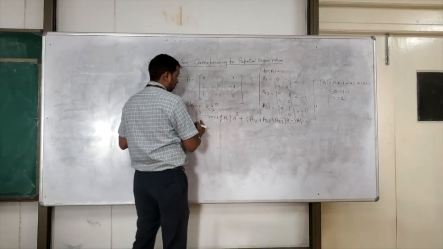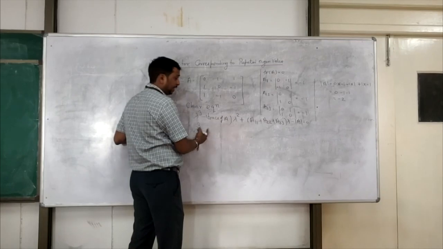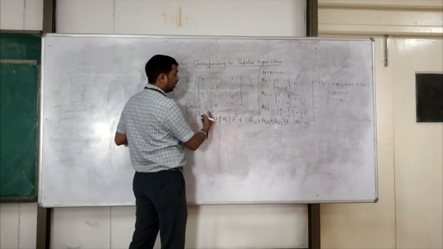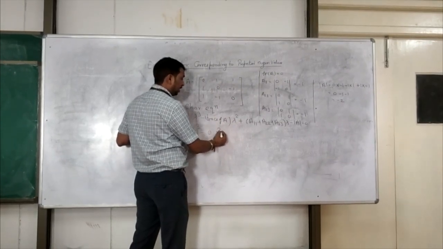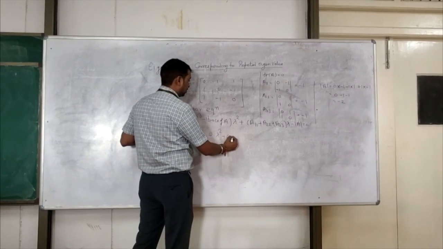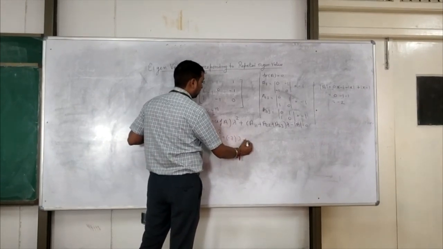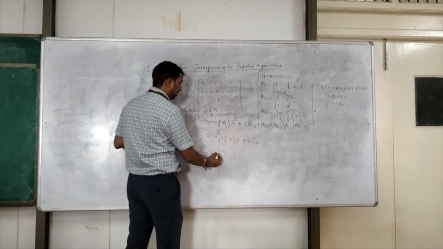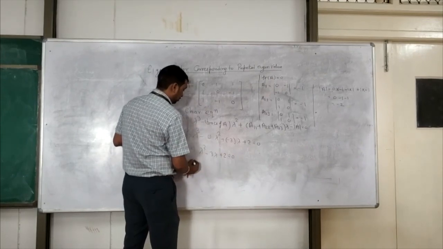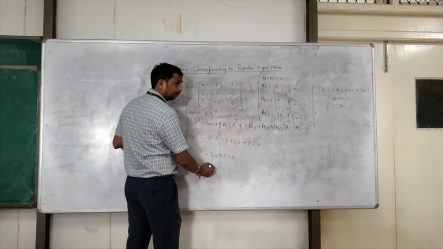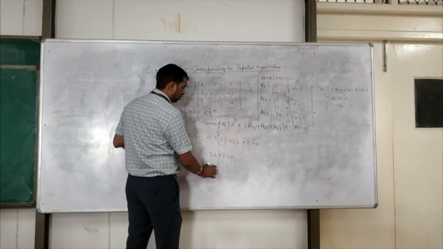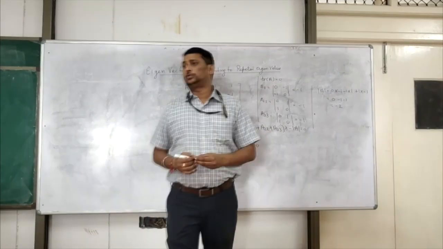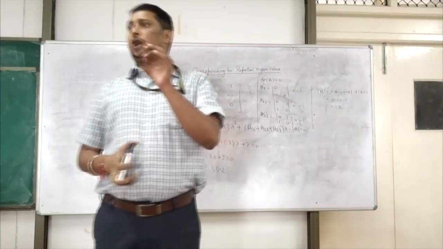It means what is the characteristic equation? Lambda cube, then minus 3 times the trace, which is 0, so 0 into lambda square, minus 3 into lambda plus 2 is equal to 0. What is the final equation? Lambda cube minus 3 lambda plus 2 is equal to 0. So what is the lambda value? 1, 1 and minus 2. Any doubt? Any doubt to anyone?